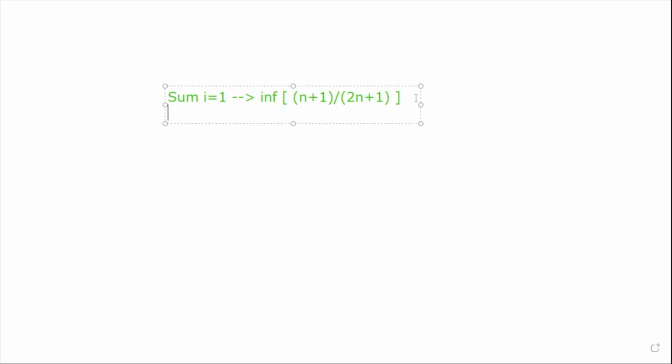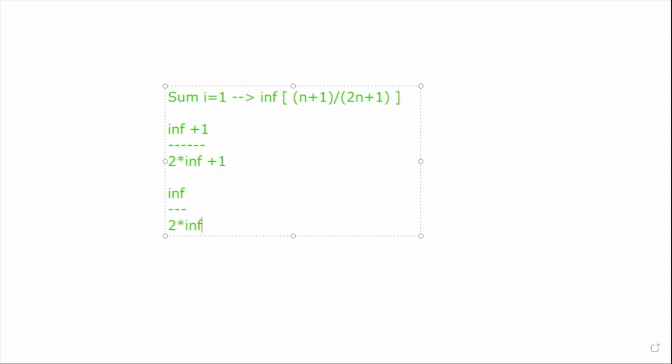This is actually kind of straightforward, because if we plug in infinity directly off the bat, we notice that in the numerator, we're going to have infinity plus 1, and in the denominator, we're going to have 2 times infinity plus 1. Now recall, when we're working with infinities, this plus 1 is going to be really small compared to the infinity on the denominator and the infinity in the numerator. Honestly, let's just neglect it. So if we think about it like that, we're going to have really infinity divided by